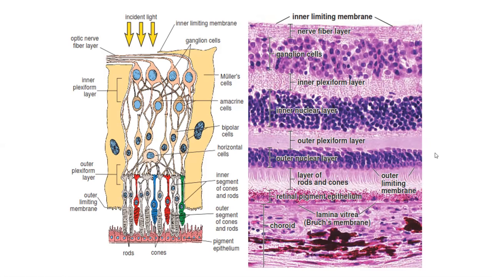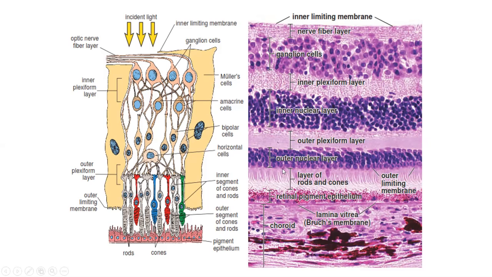So the processes of rods and cones, they form the layer of rods and cones here, and these are the processes of rods and cones. So this central area is basically the cell bodies of the rods and cones. This is the cell body of the rod that are shown in the color, and the rod shaped cones are by the side. So in the third layer